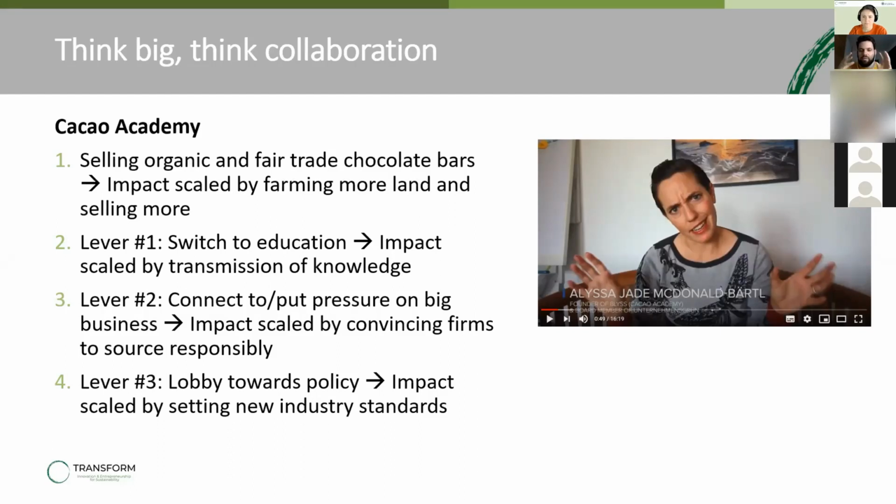But if you really achieve this change in standards that are affecting an entire industry, that's going to be basically the biggest impact that you can hope for if you're really working towards increasing fair and sustainability standards in this case,